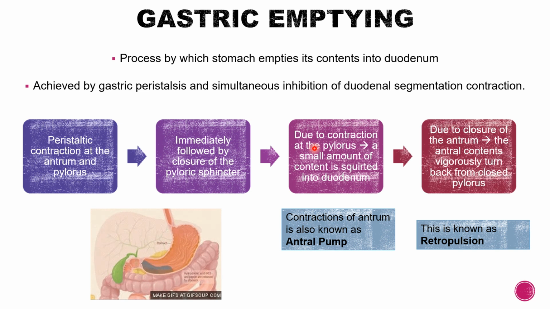vigorously. Okay, this part where contraction of the pylorus causes a small amount of content to be squirted into the duodenum is known as the antral pump. And this part where the antral contents strike the closed pyloric sphincter and turn back is known as retropulsion. Okay,